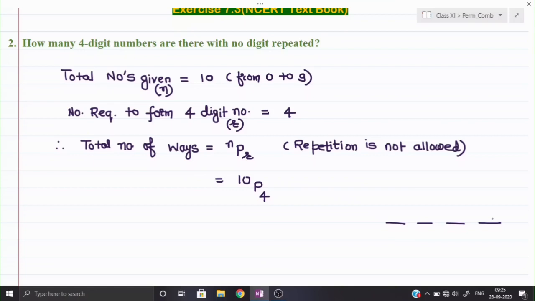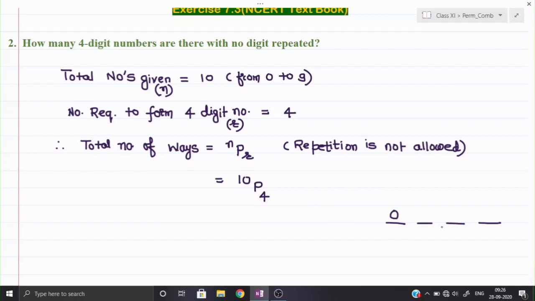But one thing you see: if I take 4 numbers on these 4 places, there is a possibility that 0 will come at the first place also, because randomly any number is coming over there. Definitely, according to the formula of nPr, we are not using a number more than once. Meaning if 0 has come somewhere out of these 4 places, the 0 will not come again. That care we have taken.